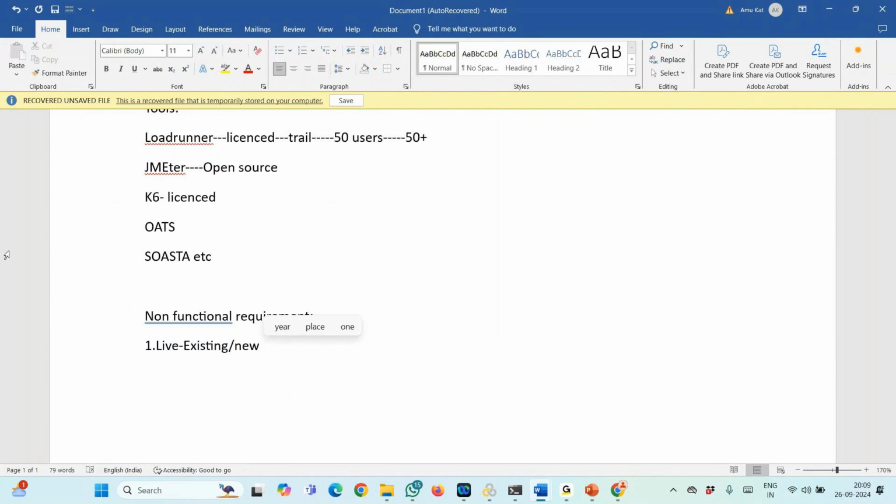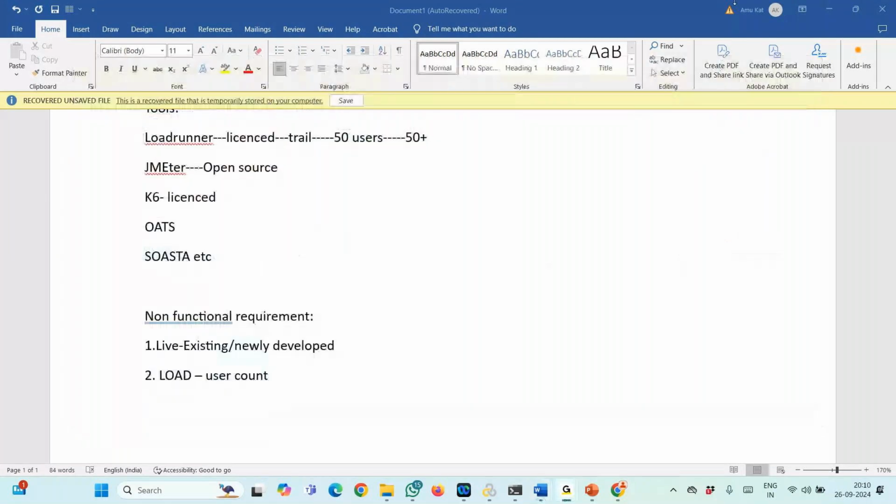So whenever they are talking about any application, the very first question will be whether the client is aware of the application. And if he is not aware, there will be another scenario. And also we need to check whether the application is live and existing, or newly developed. Okay, and also we need to check exactly what the load is. Load is nothing but user count. Like exactly, suppose let's take,